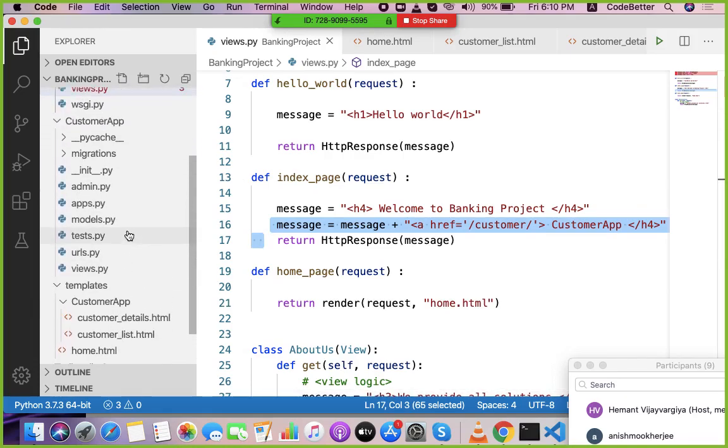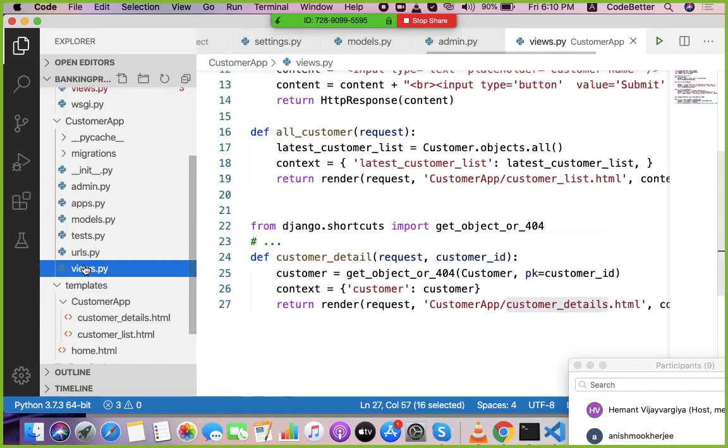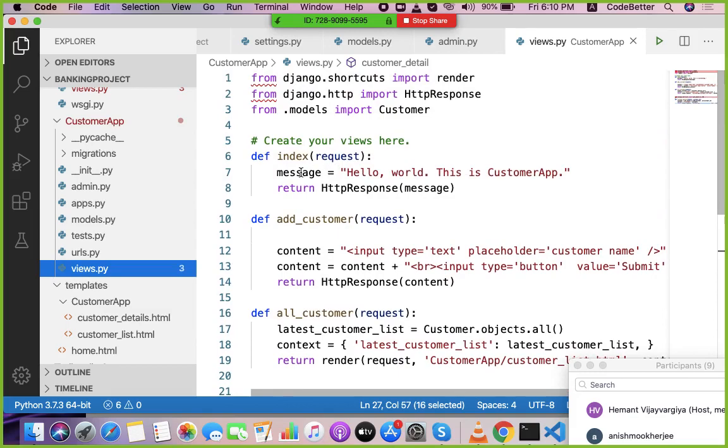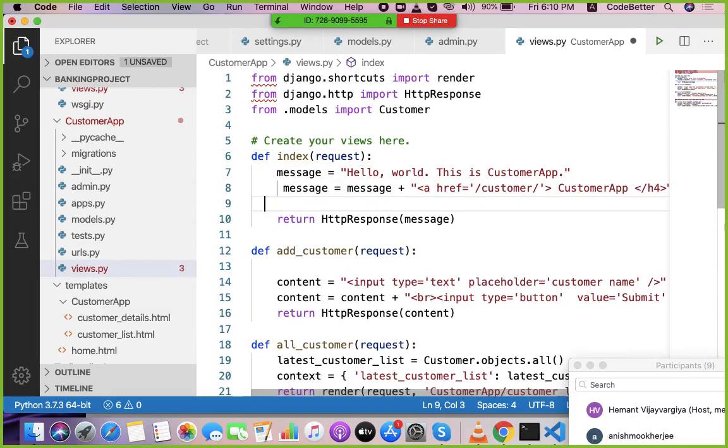So let's go to the views of the customer app. This is the views of the customer app. In this views, I have the index view. In this index view, that is the root view of the customer app, let me add the link to all customer.